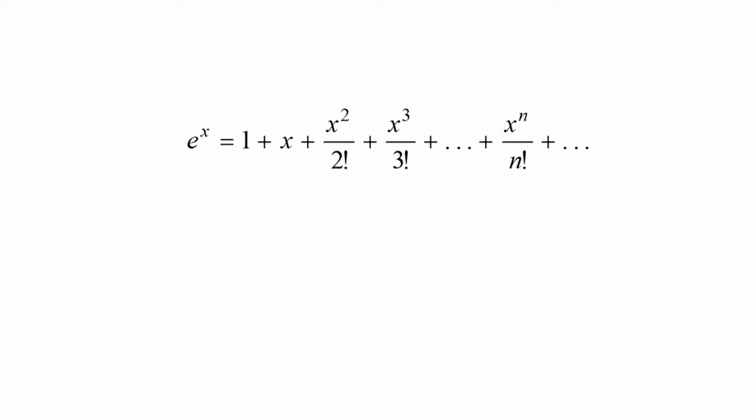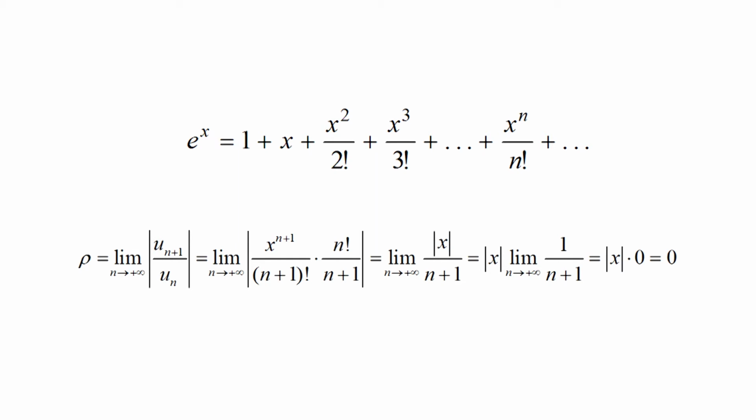In the next session, we will find the Maclaurin series of the exponential function e^x, and we will write e^x equal to 1 plus x plus x^2 upon 2 factorial plus x^3 upon 3 factorial plus etc. plus x^n upon n factorial plus etc. Applying the ratio test for absolute convergence with u_n equal to x^n upon n factorial, we obtain